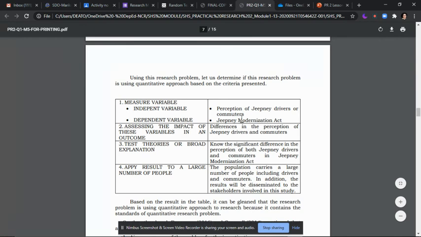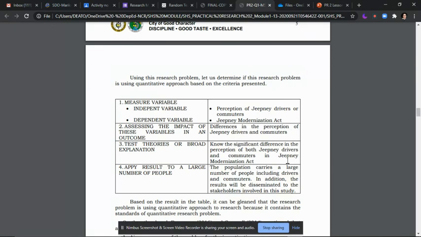Parang I think baliktad dito. Test theories or broad explanation: no significant difference in the perception of both jeepney drivers and commuters in Jeepney Modernization Act. Ano to, significant difference.